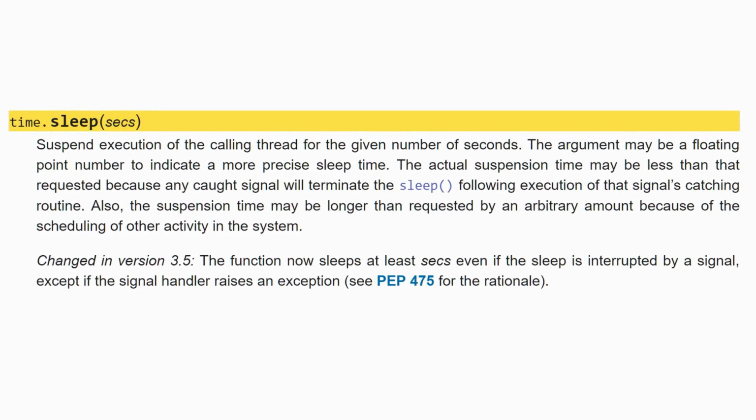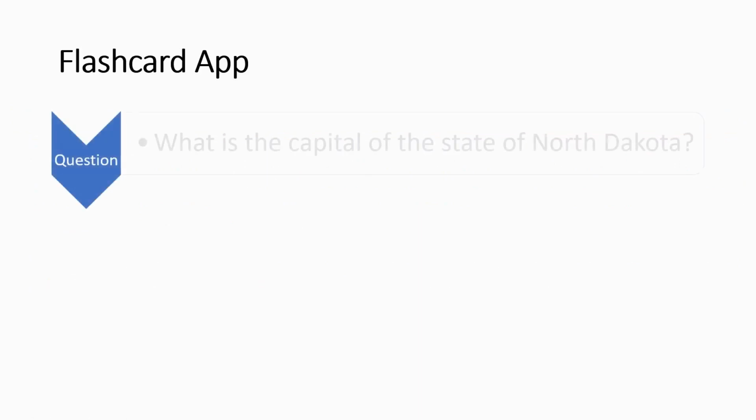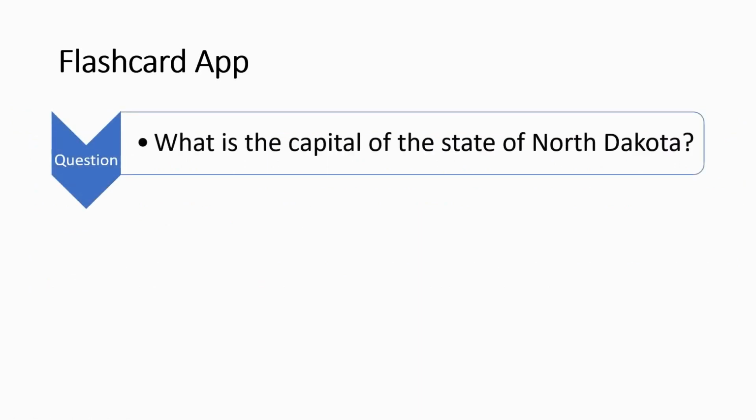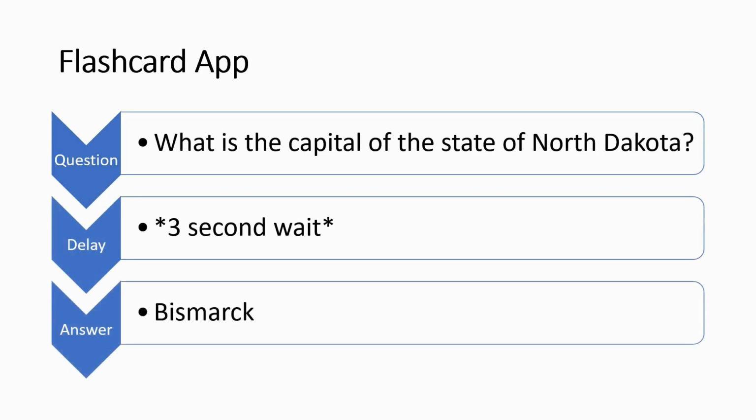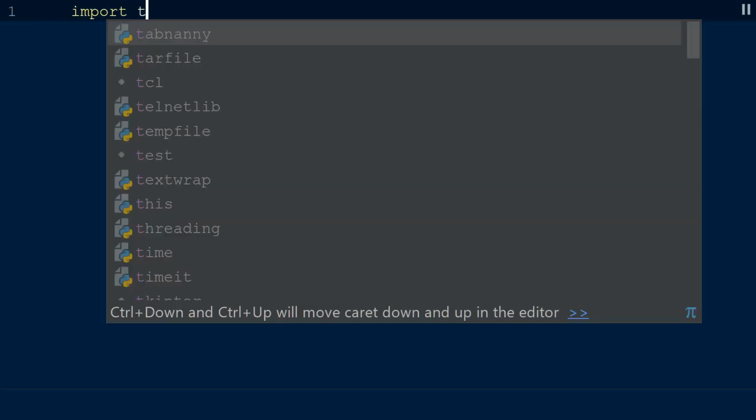So let's create a simple flashcard app to try it out. In this app, we will first ask a question. For example, what is the capital of the state of North Dakota? Then we'll wait for 3 seconds to give time to the user to guess, and then print out the result, which is Bismarck. To give a delay, we will first import the time module, which is a built-in module, and